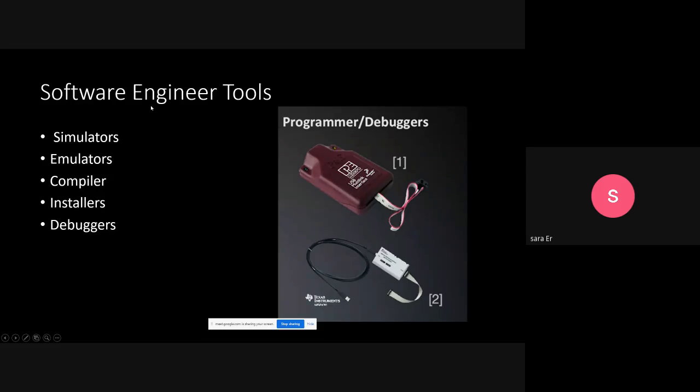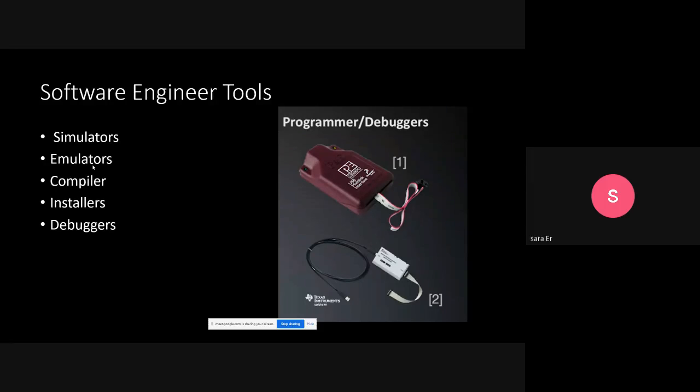Other software engineering tools are the simulator and emulator. Simulator and emulator are software that make it possible for us to have a vision of our design before we send it to the manufacturer.